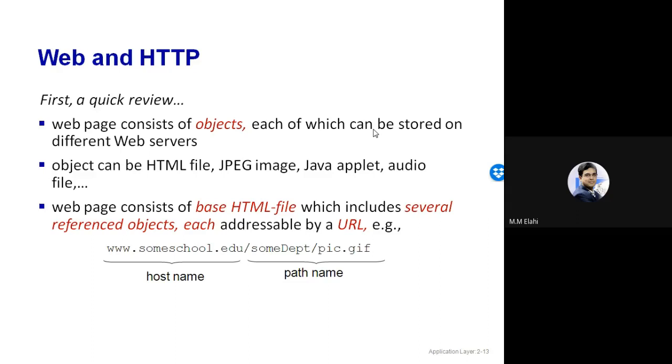Using a URL, Uniform Resource Locator. A URL has 2 parts. One is the host name, like www.summischool.edu or facebook.com or google.com. Then the file itself, that is the path, like slash news, then slash news1.html or some image or anything. So first you have to identify the host, and then a particular file under that host. That is a URL, right?